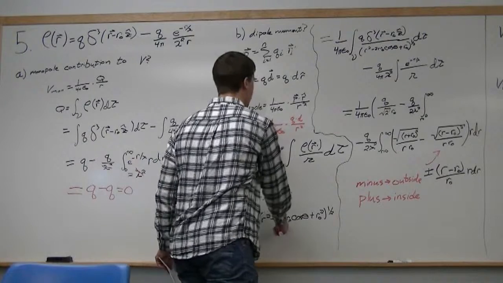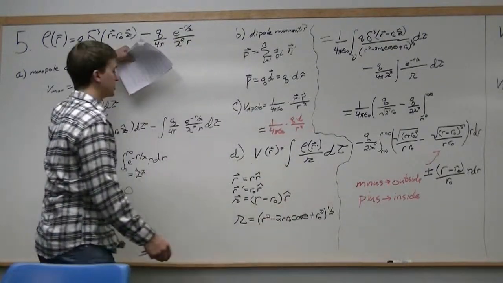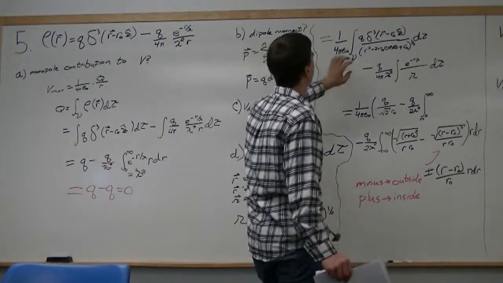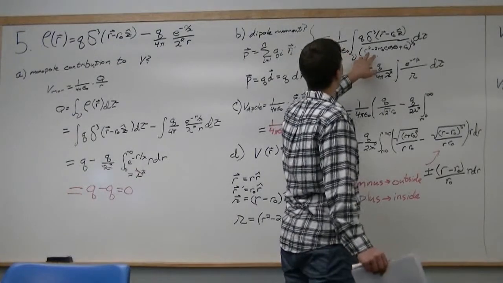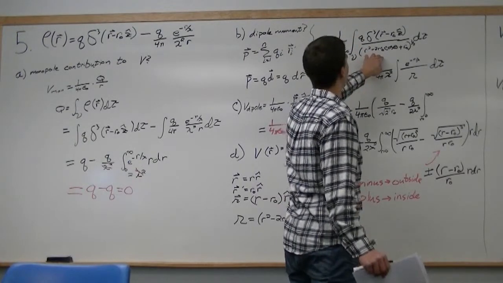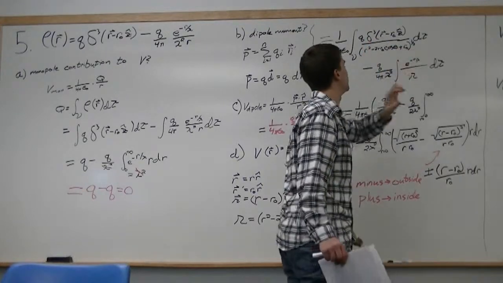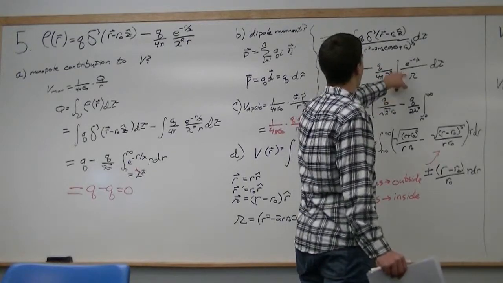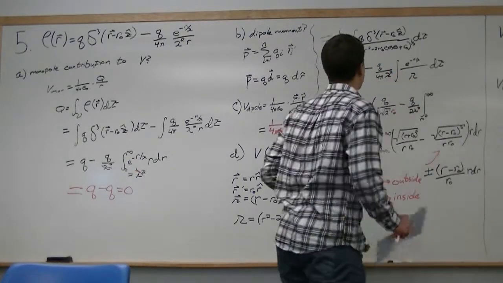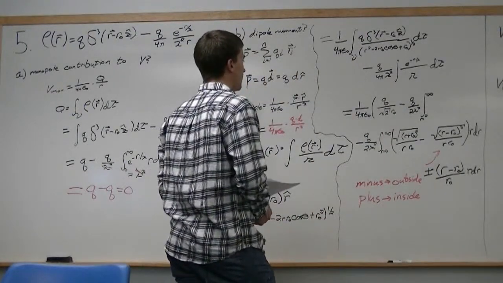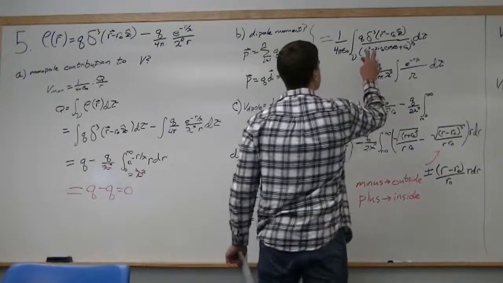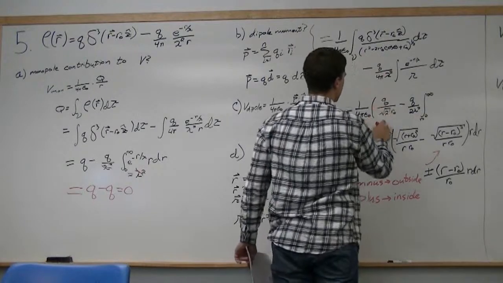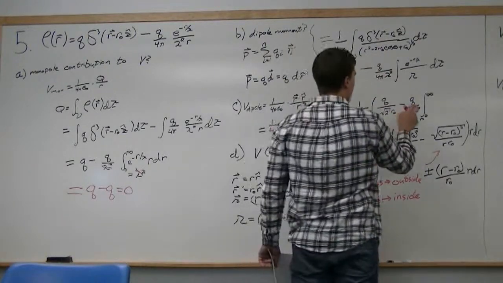Plugging this in and the volume charge density into this equation, we end up with 1 over 4 pi epsilon naught volume integral of q over script r, magnitude of script r times the step function over d tau, minus q over 4 pi lambda squared times the integral of e to the negative r over lambda over script r d tau. Then what happens after that is this step function integral here ends up just giving you q over root 2 r naught. And then this other part,